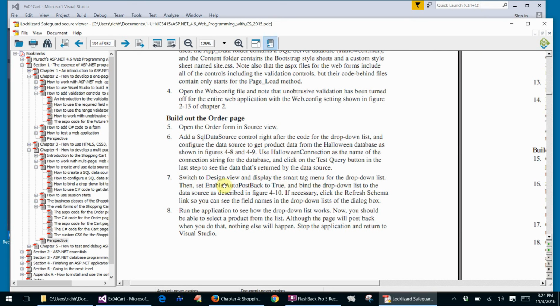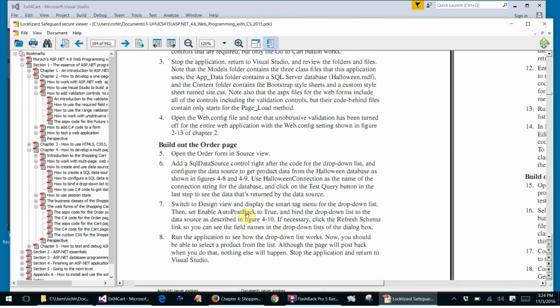So we've done step 6. Switch to design view and display the smart tag for the drop-down list. Enable auto postback to true and bind the drop-down list to the data source as described in 4-10. If necessary, click the refresh schema link so you can see all the field names. Okay, so let me go back to here,